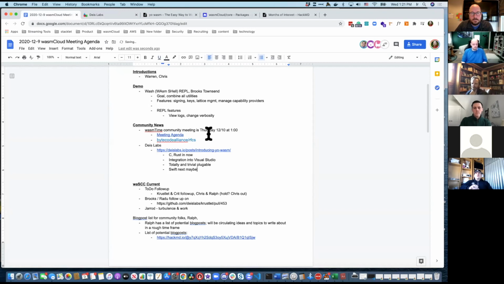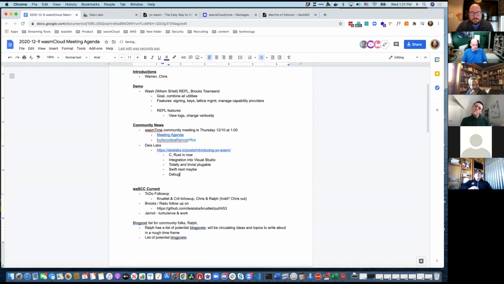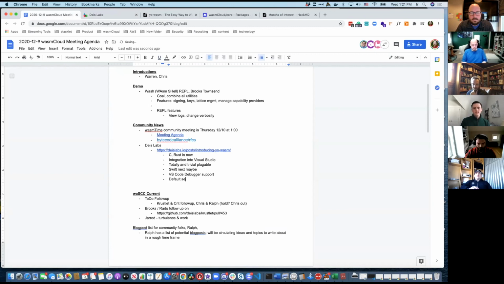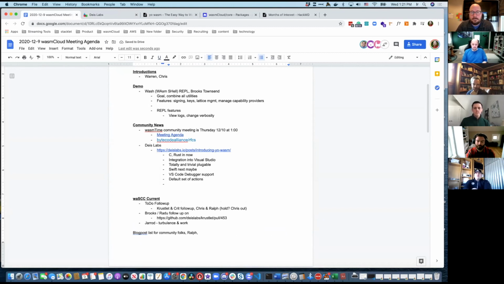So I think by the end, Ivan had it integrated with the VS Code debugger and had the default set of VS Code actions. I never can remember what those things are called for compiling and things like that. And had support for a couple different frameworks, including, last I checked, just WASC and WASI, but I think he might have had vanilla WASM with neither of those enabled. So it's pretty cool. I'm really glad that he released that and wrote up a pretty good blog post about